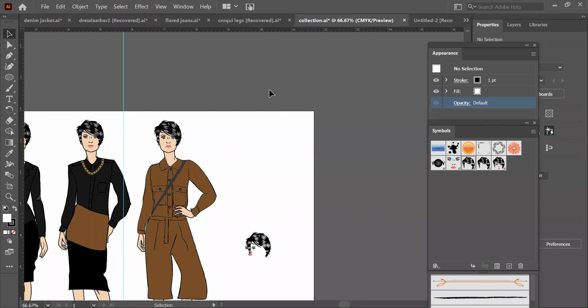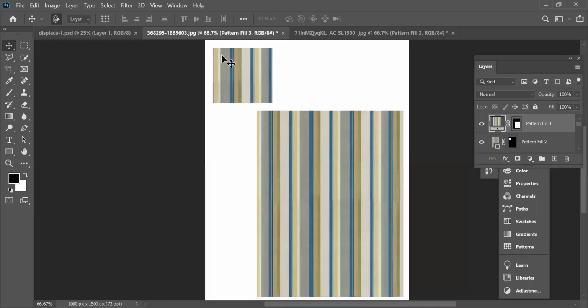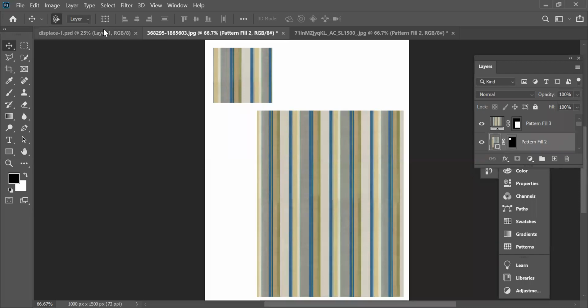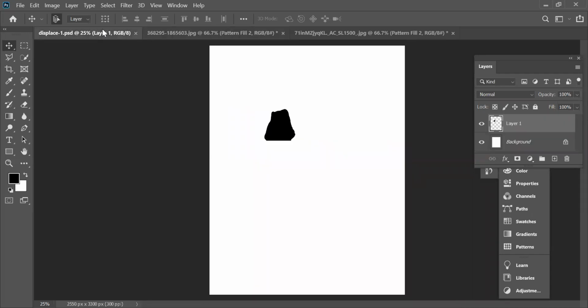So now I'll go over to Photoshop. Ma'am, can we start Photoshop in the next class? It would be too much burden to do these things and then Photoshop also.